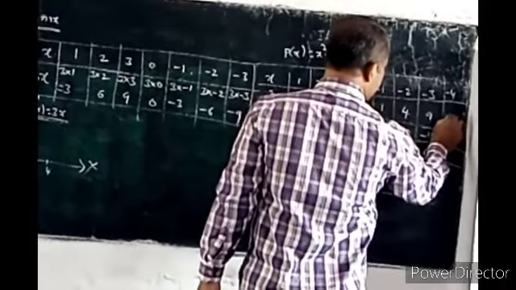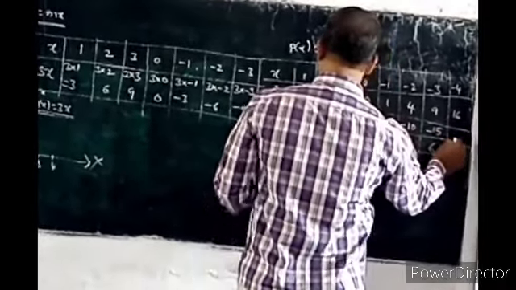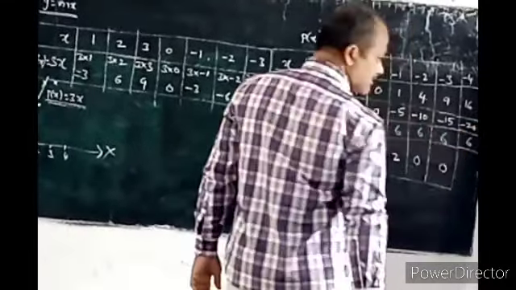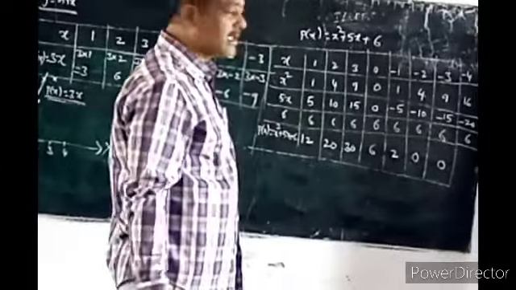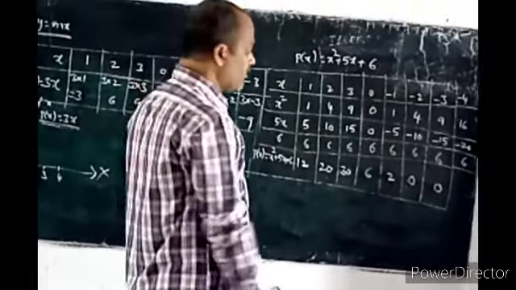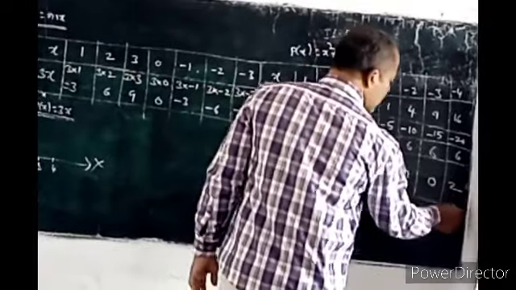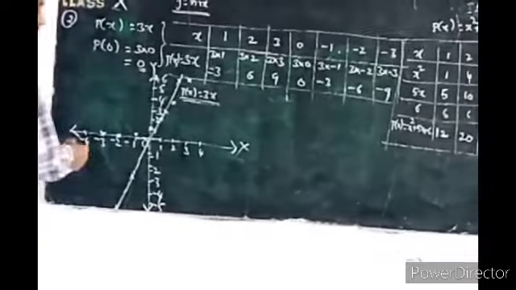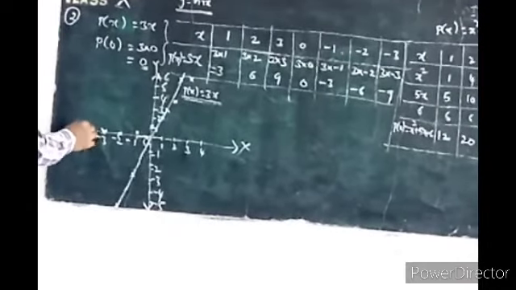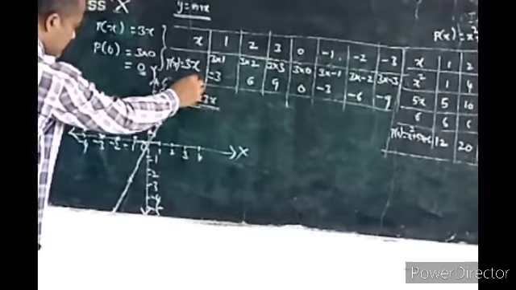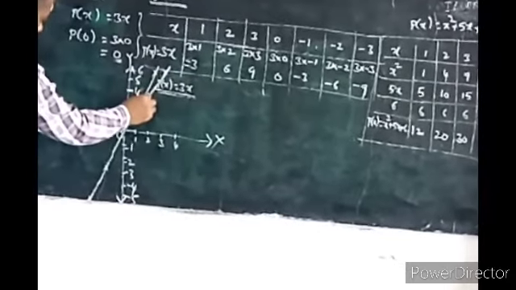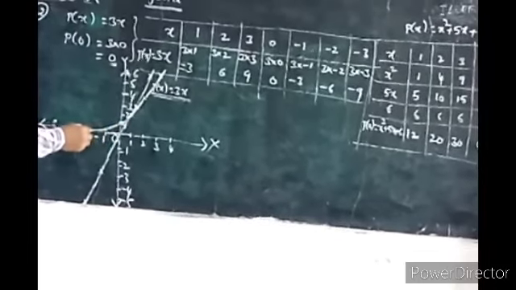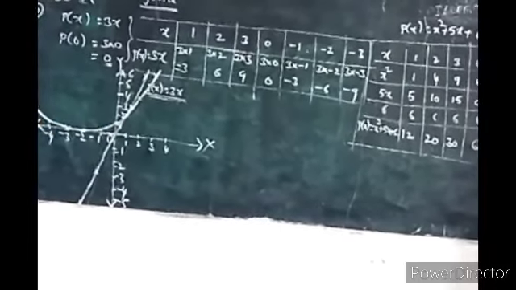4 square, minus 4 square is 16, minus 5 into 4 is minus 20. Next plus 6. So 16 plus 20 minus 20, minus 4. Minus 4 plus 6 is 2. So it will go upwards, not downwards. Yes, no? When it is minus 4, that is 2. That is again 2. Now join these points. In curved form only, not the straight line. Don't use the straight line.